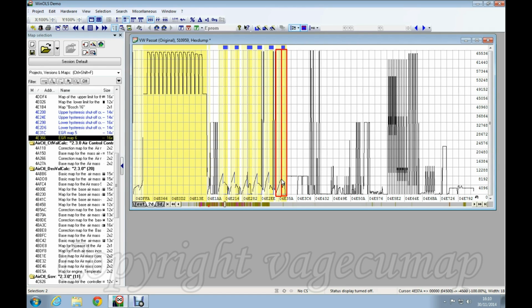Now, shut doesn't mean shut completely, because shut can mean a small amount of EGR remains open. This varies from car to car. So 0 doesn't actually always mean 0, but as far as we are concerned, 0 is 0. You occasionally get cars where there is something like 4% recirculation when the thing is set to 0, but it really doesn't matter. It's close enough for us to say to ourselves, yes, that's 0.